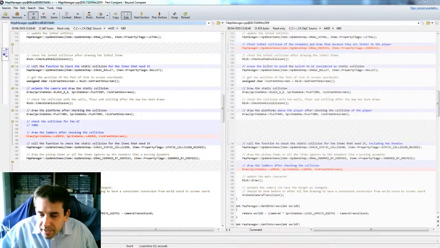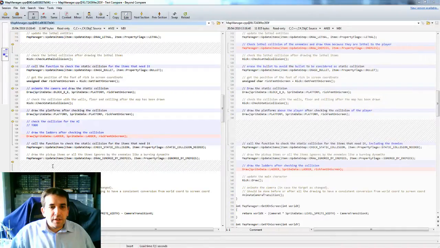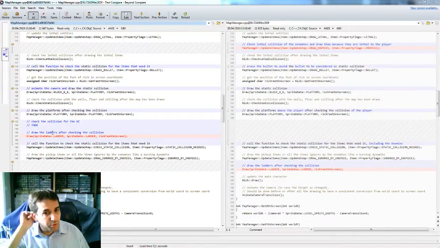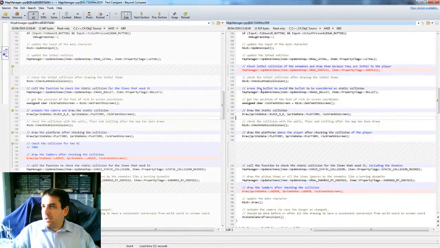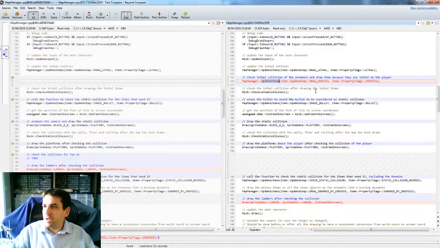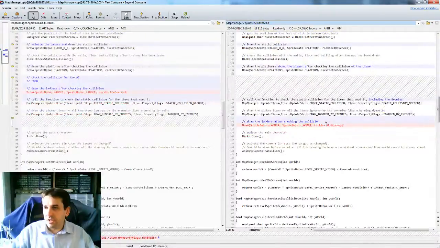Sorry, I'm back. So this I did for preparing what we will do today, which is the AI logic. And yeah, here I updated again, called the update item, but for the enemies. So that's also for preparing the update of the AI. So obviously today this update should work for the AI,